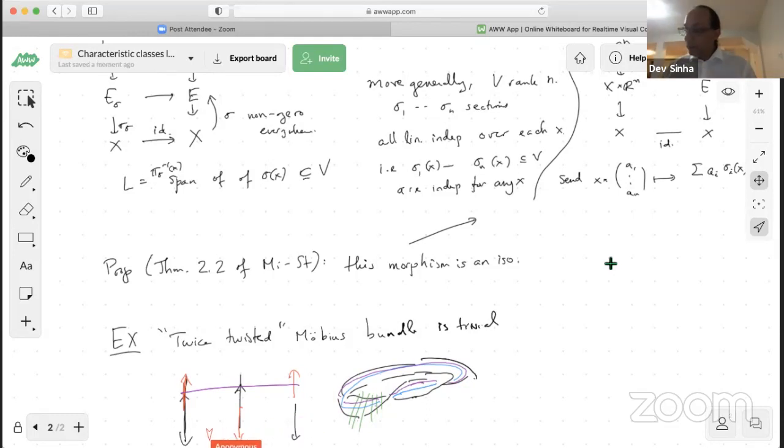So the twice twisted Möbius and the trivial bundle are isomorphic, but this embedding in R3, really an immersion,